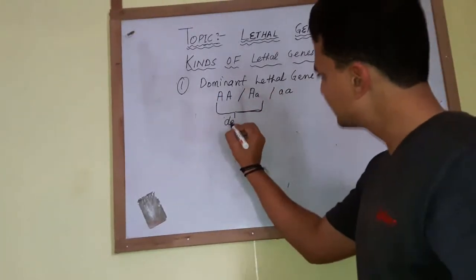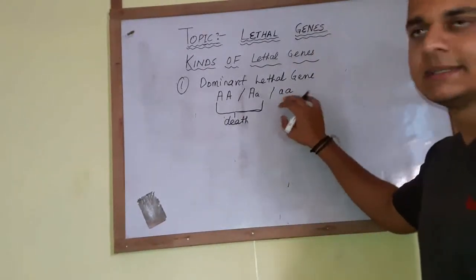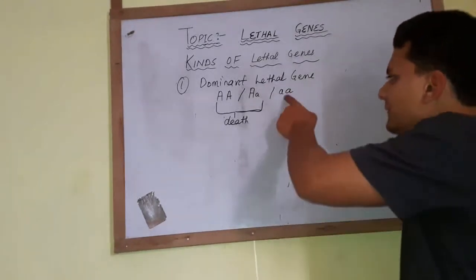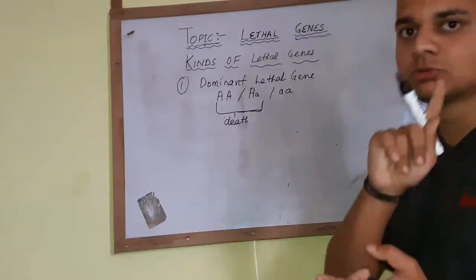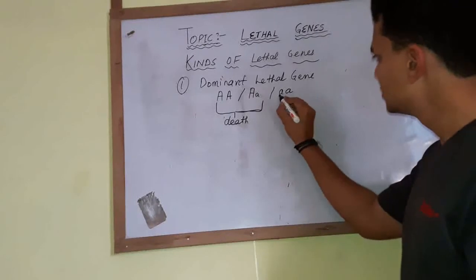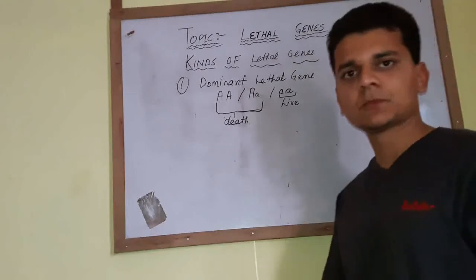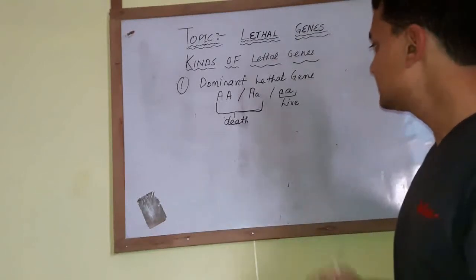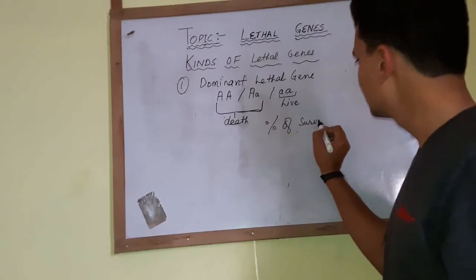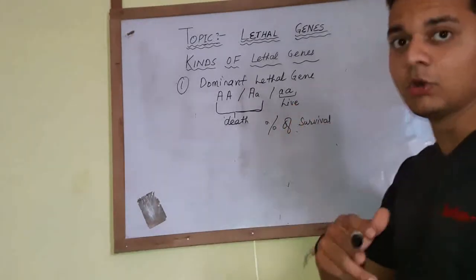This one, that is fully recessive, will live because there is no dominant allele in it. So this will live. When we talk about the percentage of survival,